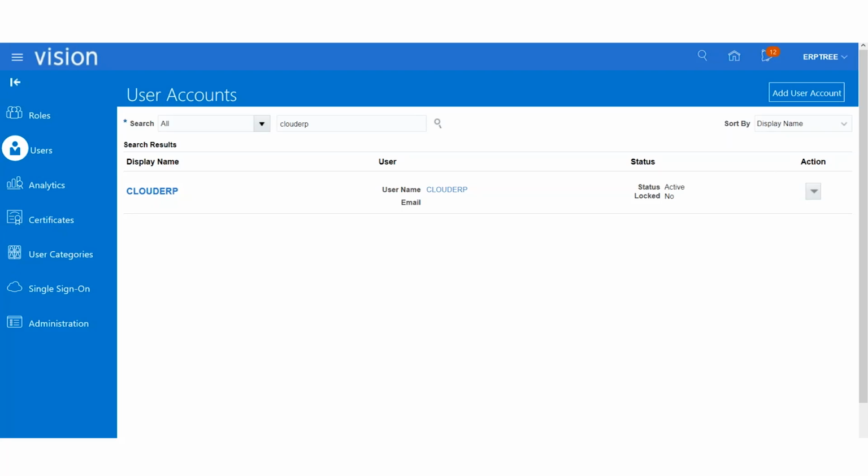Please allow me to ask a dumb question. Say, for example, the Vision instance is already working and a new accounts payable manager joined. How will it work? I will create Windows access for him, and since this is single sign-on, it will automatically create a user in the Fusion instance. I just have to add the responsibility. Is it working that way? If you integrate, then it would sync in this environment. That's how it works. I have to add the roles only, right?